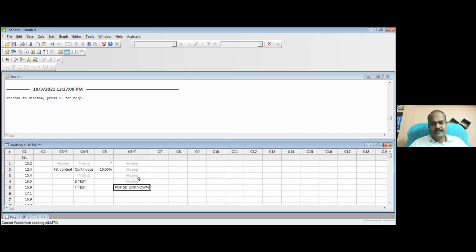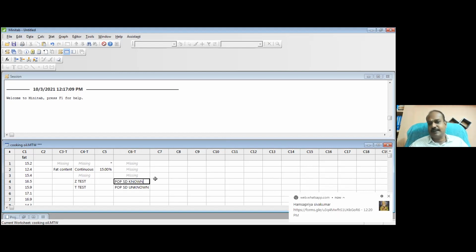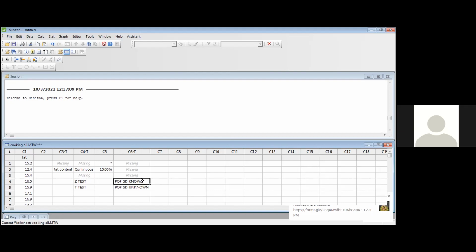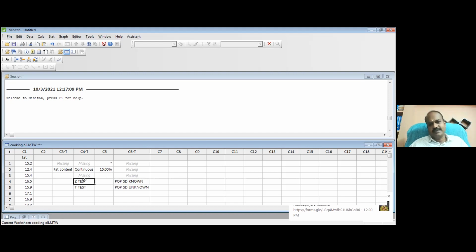Suppose I am a quality engineer, head of the quality department. I know what my company is producing and I have access to the data. Now can I say the population standard deviation is known to me? Yes, sir. That's the time I will go for the Z test. Now let us imagine ourselves as a senior person in the company with access to the population standard deviation, which is fixed at 2.6.